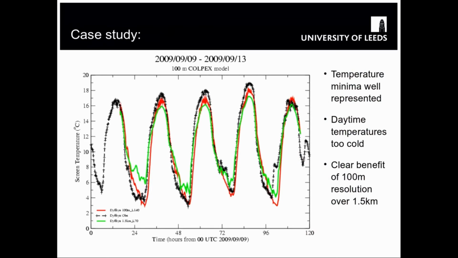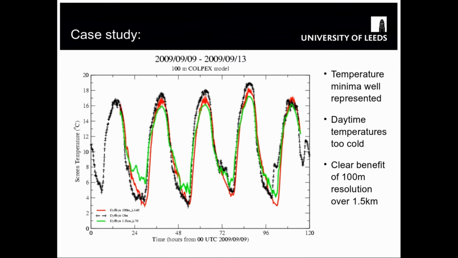Obviously, with any kind of modelling work, it's good to do some validation first to see how well the model compares with observations, and we did a whole lot of that. This is just one example. The black crosses here show observations from one of the main sites in the valley at Dufferin. The green line shows the temperatures from the 1.5 kilometer model, and the red line shows the temperatures in the 100 meter model. If we focus on the overnight period, so there's the minimum temperatures here, you can see